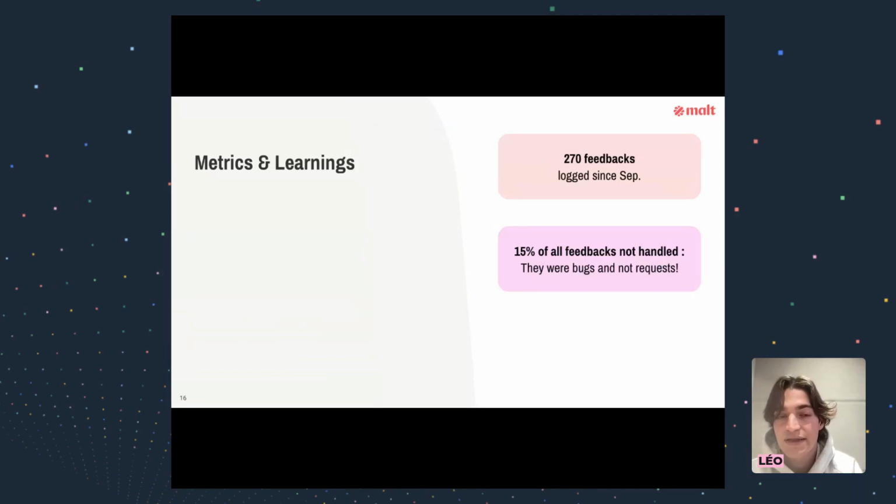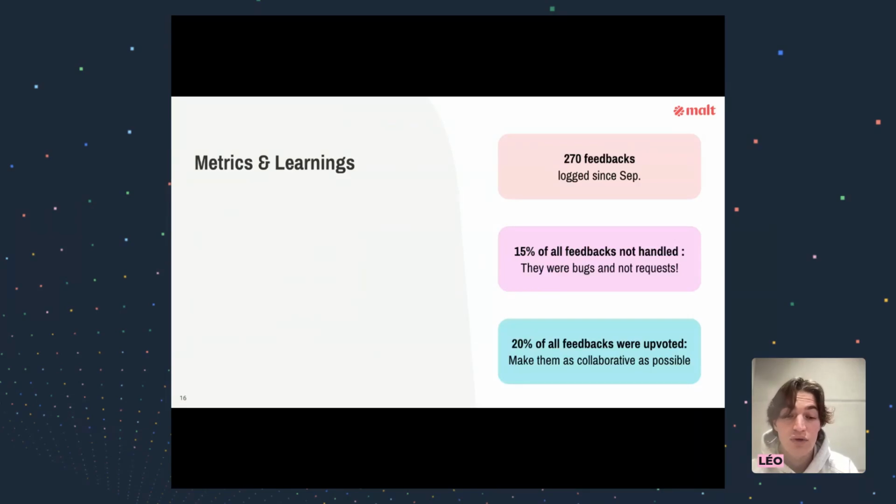So we didn't handle them, and that's great news basically, because our product team can focus on what matters. And also, what's important is that 20% of all feedbacks were upvoted. So that's a feature that you can also build. Our objective with this is to make the product feedback sharing as collaborative as possible, so that every Malter